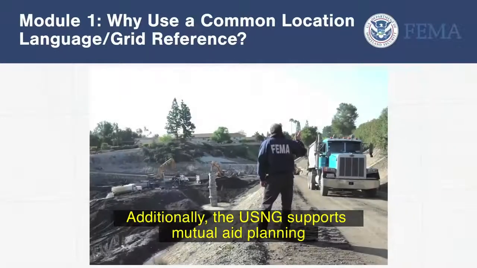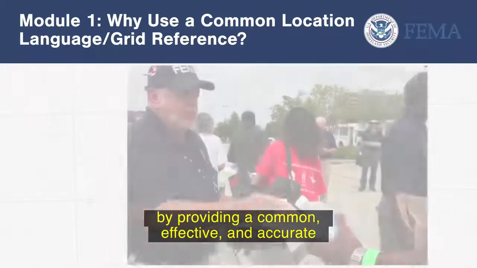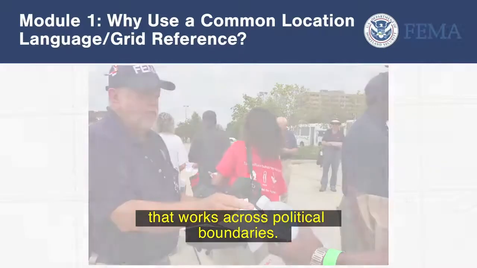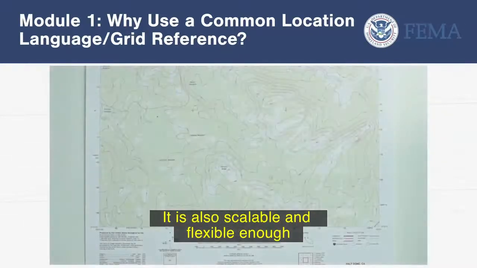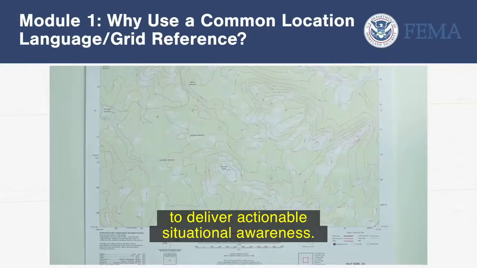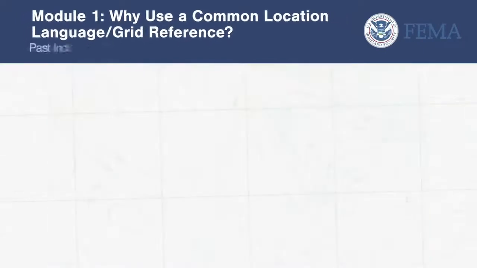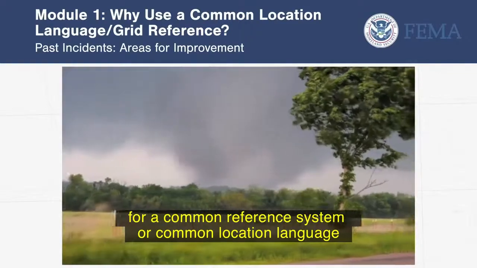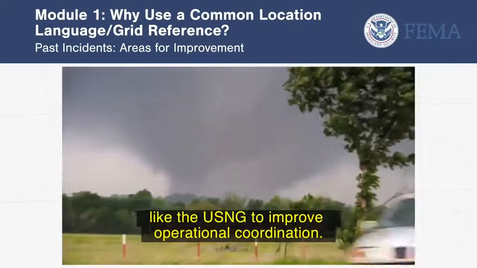Additionally, the USNG supports mutual aid planning by providing a common, effective, and accurate grid reference that works across political boundaries. It is also scalable and flexible enough to deliver actionable situational awareness. Past incidents have illustrated the need for a common reference system or common location language like the USNG to improve